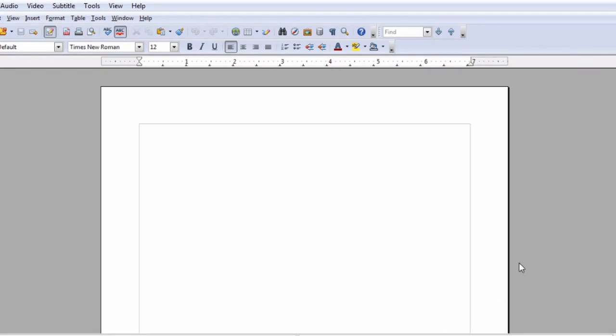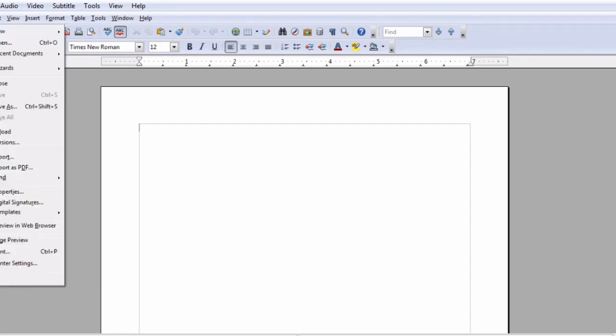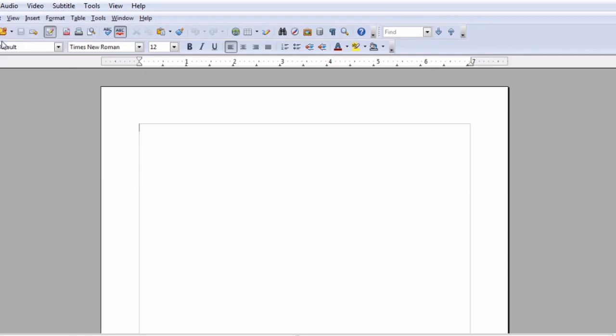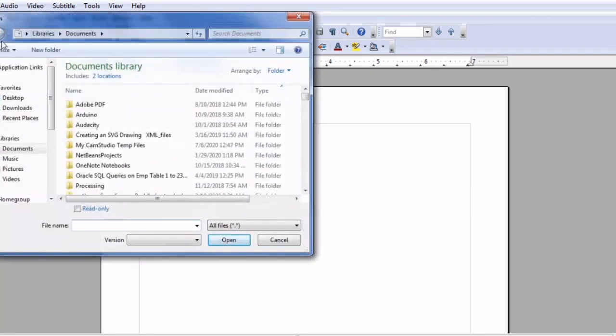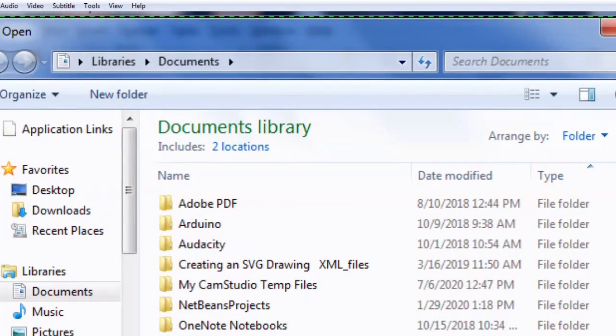Now we will see how to open the file we have created in the previous step. For that we will go to File, Open. This will open a dialog box.